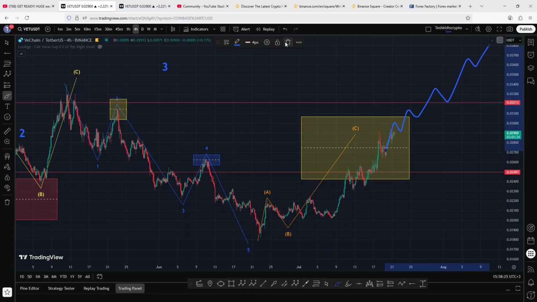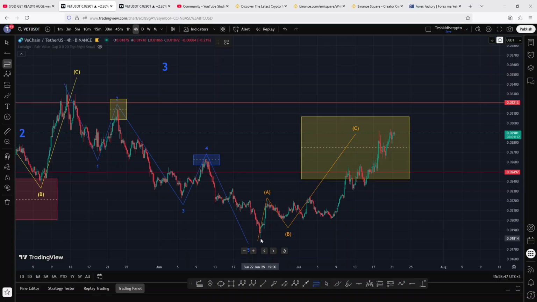flipping it back into support, and continue pushing higher above the 0.035, having the 0.04 as our next target areas. But if by any chance we get rejected within this area over here, then that will be a clear indication that we are going to get a bit of a short-term pullback, maybe to support above the 0.025 in the next coming days. Alternatively, we can get a pullback into the golden pocket,